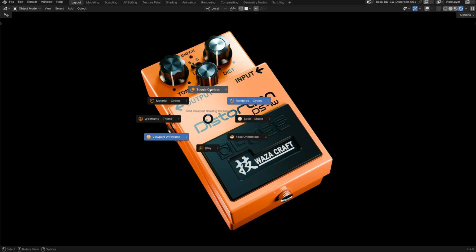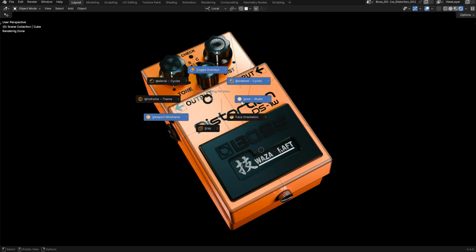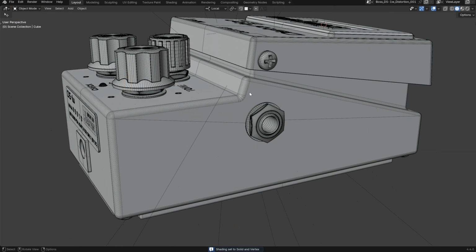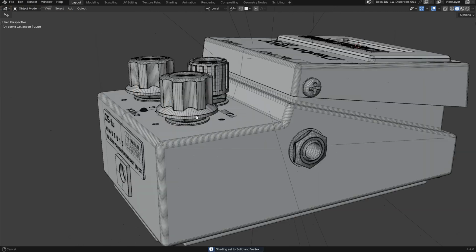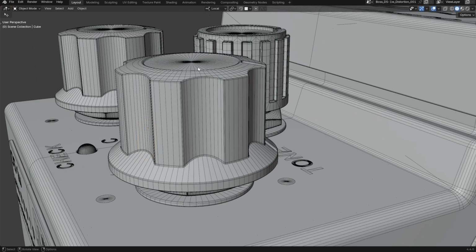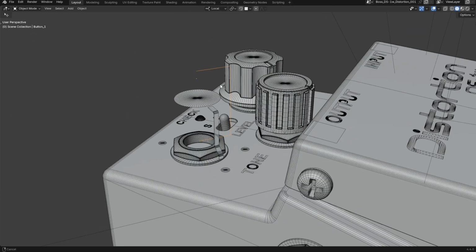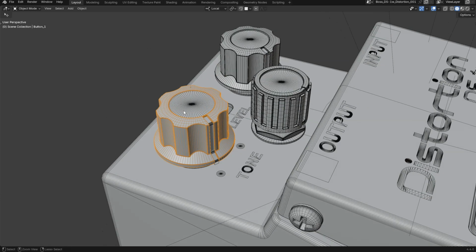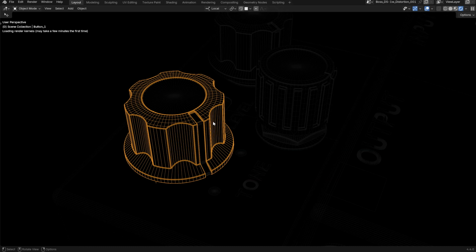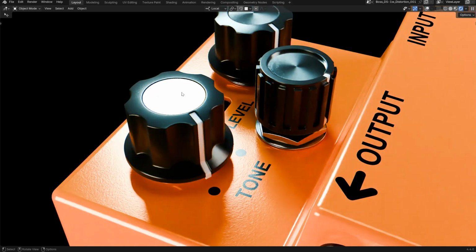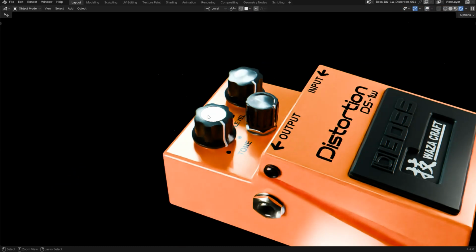If we go, for example, in overlays and show the studio mode, you will see that this is the object I have. With modifiers, you can have this kind of result, and like I said, this is just some edges, like that. And if you go back to the render, you hide this, you will see that everything works perfectly,